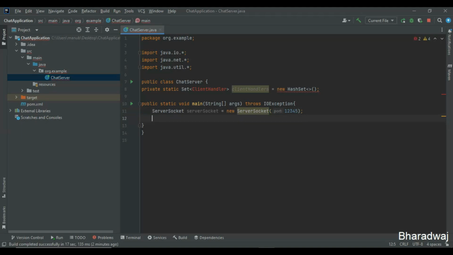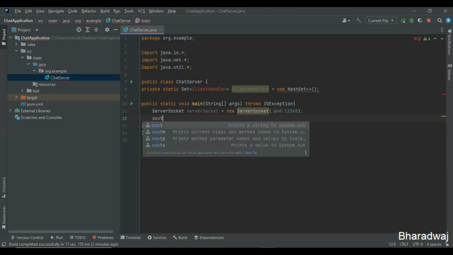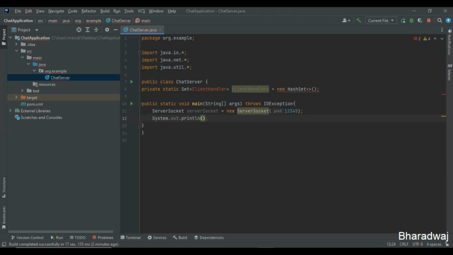Next, I'll just print. If everything goes right, let's print "Chat server started." This is the thing. Next, let's make use of a loop to accept the client connections as well, right? For that one, I'll just comment this one and write for the reference. So this will be easy to understand. Loop to accept